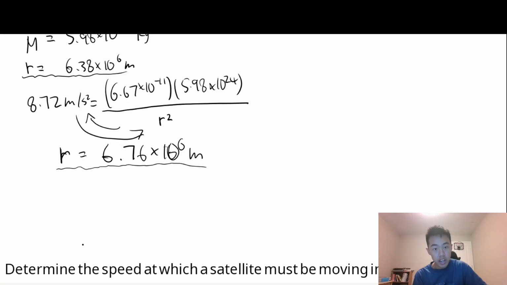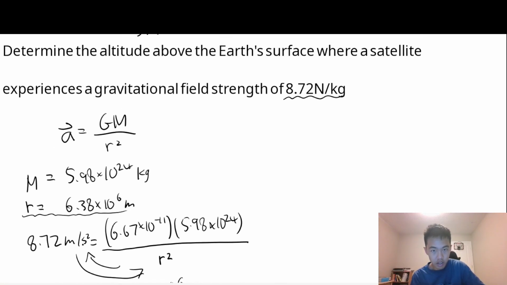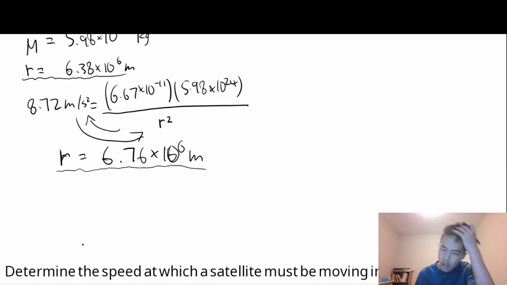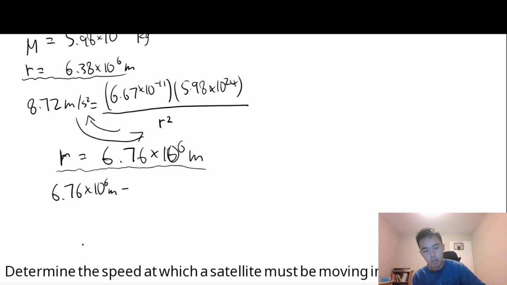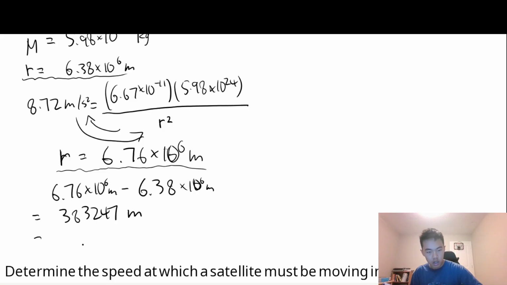And what do we want? We're trying to find the altitude above the Earth's surface, right? So this just means we have to subtract this from the actual Earth radius, 6.38 E6, which equals 383,247 meters, and we can round this to